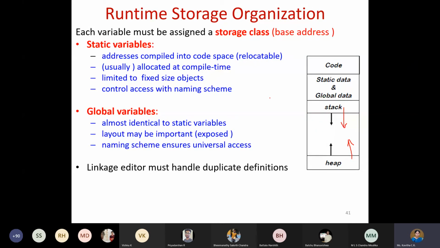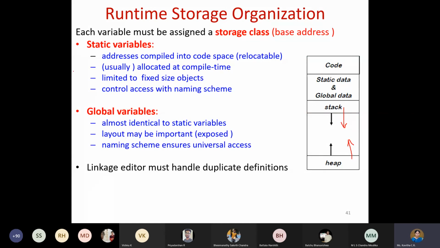But it is also possible to use the heap because the lifetime can be extended. The only advantage of using the heap is that you can extend the lifetime even after returning from the function. You can still hold all the data in memory. That is the advantage.